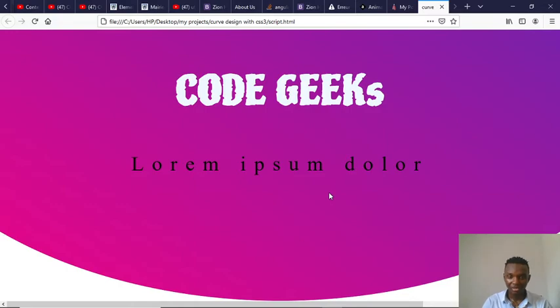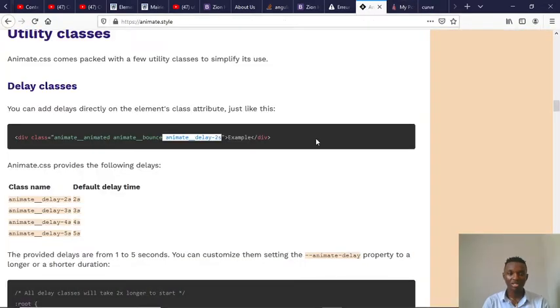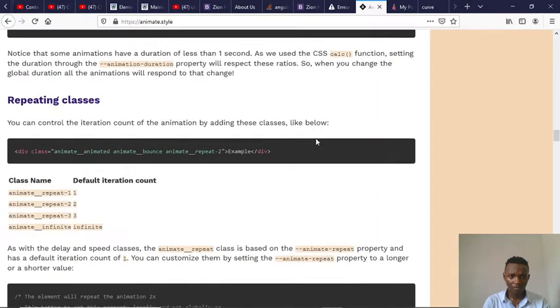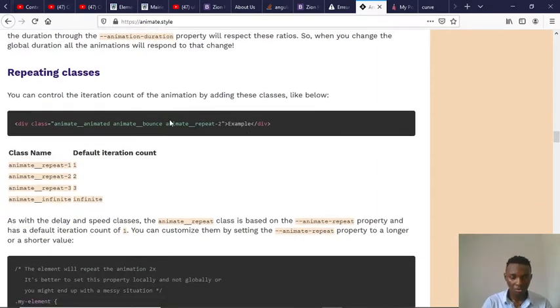And apart from that, we also have another utility class, which is the repeat class. If you want the animation to repeat, be it once, twice, thrice, or infinitely, you need to read this part of the documentation. You see, for default iteration count, you have animate__repeat-1, animate__repeat-2, animate__repeat-3, and animate__infinite. You just need to add it as a class. If you want it to repeat 3 times